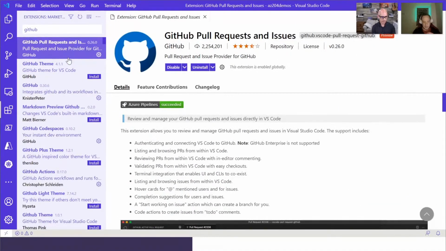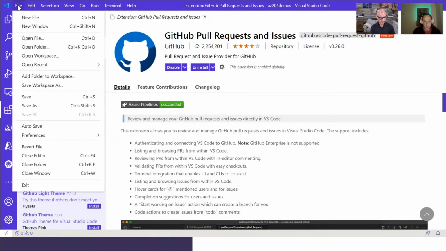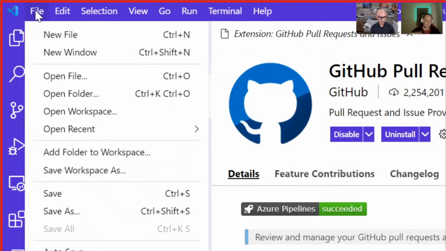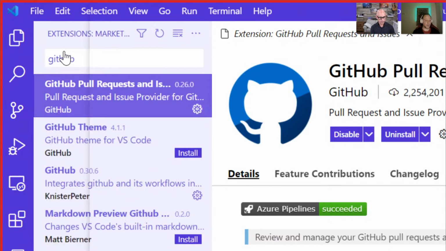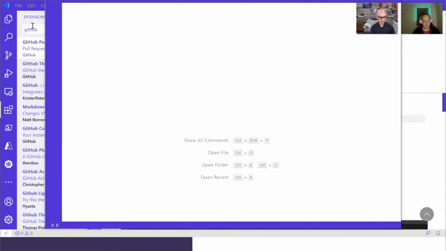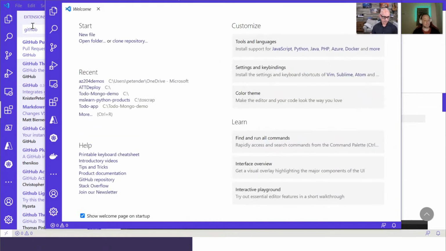So let me first close up a couple of things here. And one of the other interesting ways to do that is you don't need to close code and open it up again and start all over. You could literally just open a new window. And what this is going to do is keep the old one live and at the same time start a new one. Now you could go, wait a minute, that's actually pretty interesting. But what happens if I close one of them?